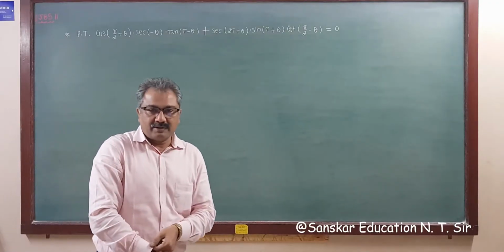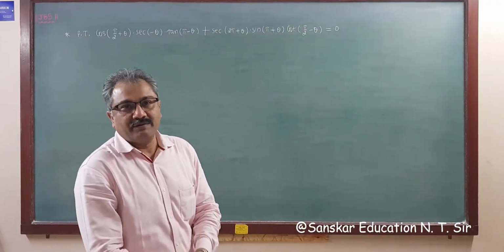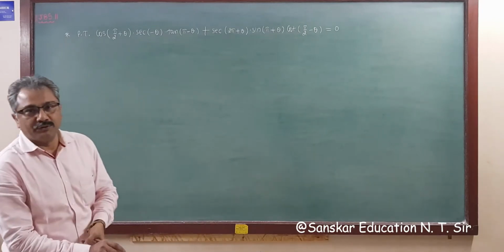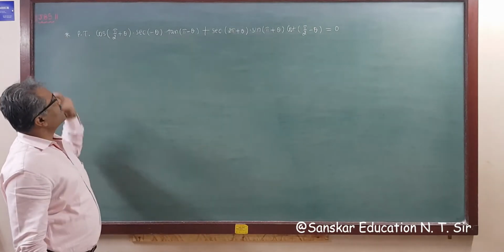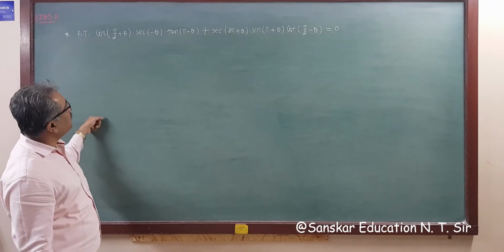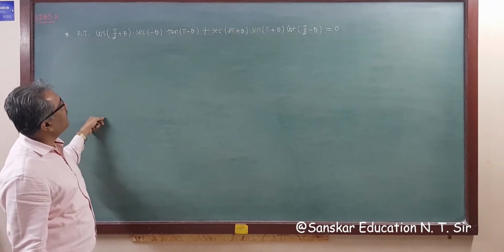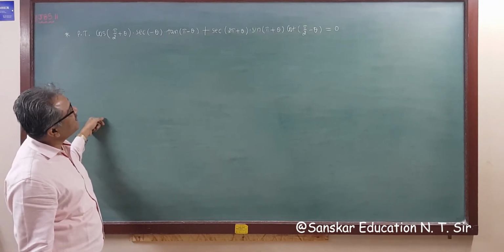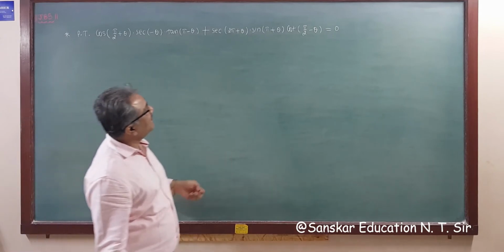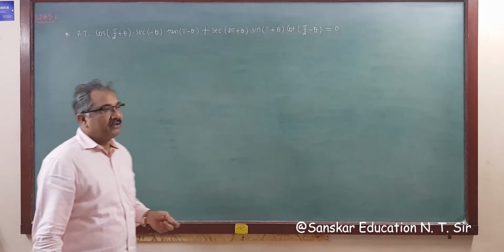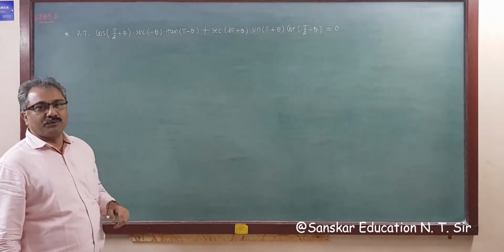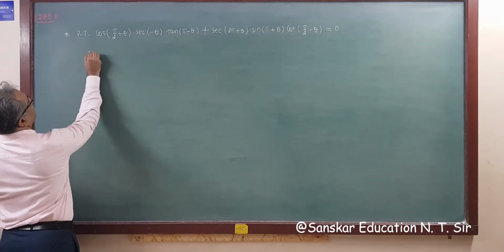So, another question for practice, like we saw in the earlier video. Prove that cos(pi/2 + theta) sec(-theta) tan(pi - theta) + sec(2pi + theta) sin(pi + theta) cot(pi/2 - theta) = 0. So the left hand side is